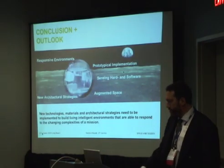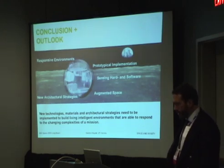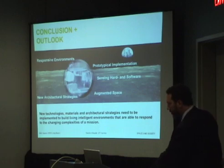And so the conclusion and forward-looking view of this is that the environment should be responsive to the crew, that they're working on prototypical implementation. The hardware and software is intelligent in the sense that it senses what's going on inside. It applies new architectural strategies, and I think virtual reality uses virtual reality augmented space. And she concludes, new technologies, materials, and architectural strategies need to be implemented to build